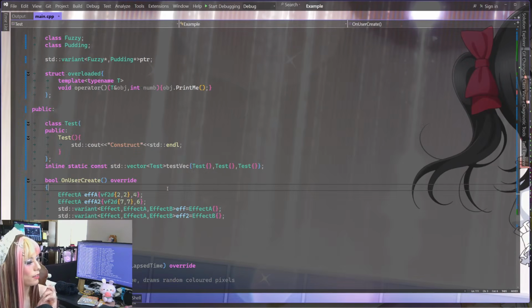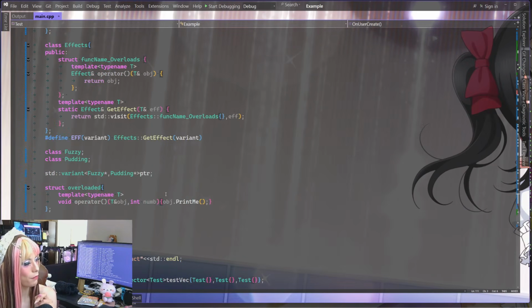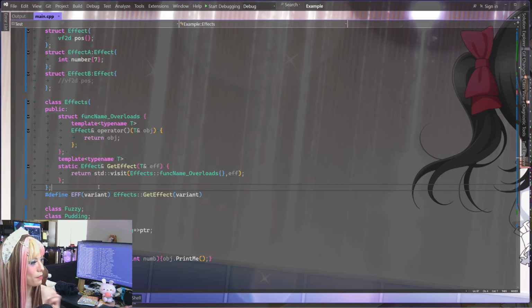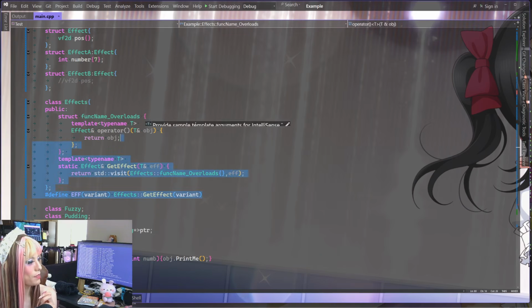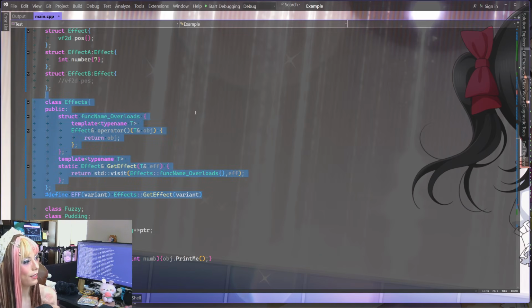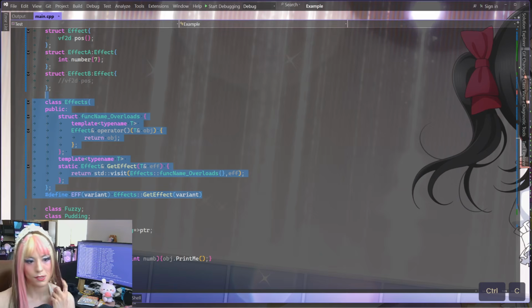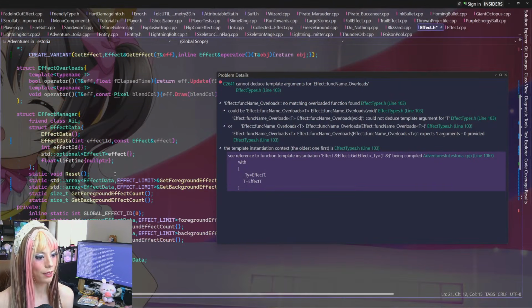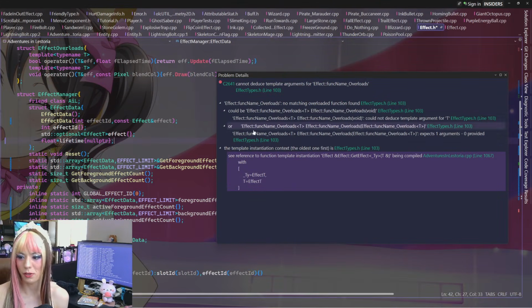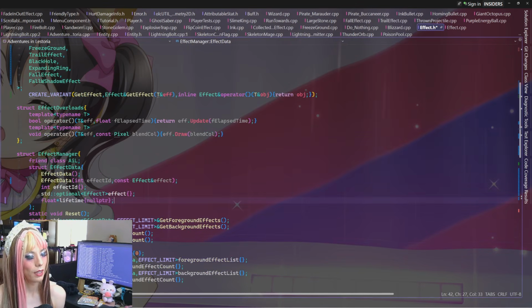The types need to be defined first before the get effects can be specified. Which means all this get effect stuff, in theory, might have to go somewhere else. So for example, in the effect manager or something, we can call get effect. I think that's what I have to do.